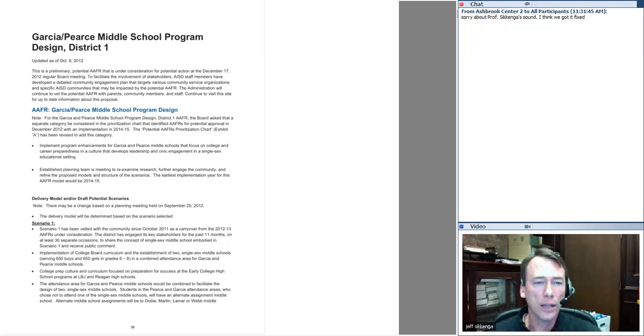Then it doesn't violate the reasoning of Brown. And so, in fact, they're going forward, it looks like, with this plan that you have in front of you to create single-sex schools in the Austin School District that will end up being both single-sex and, by and large, single-race. They know it. They're doing it on purpose on the east side of Austin